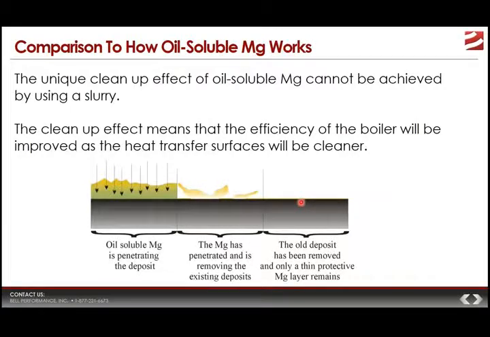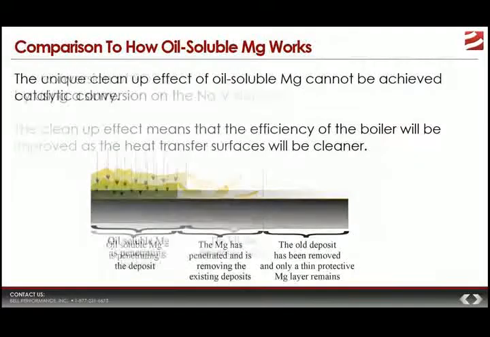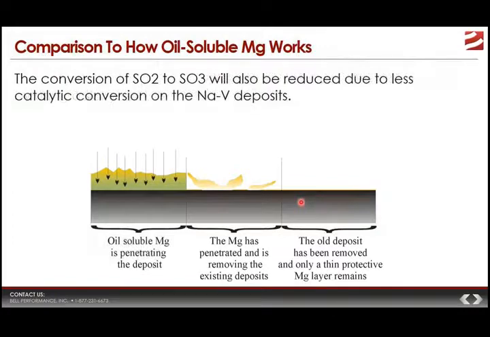And along with this cleanup effect, this means you're going to get better efficiency because your heat transfer surfaces are going to be a lot cleaner with oil-soluble magnesium. Now, another thing that magnesium does is it inhibits the conversion of SO2 to SO3. So if you can reduce the catalytic conversion of SO2 to SO3 when they come in contact with the vanadium deposits, you'll form less SO3, which means you'll form less sulfuric acid, which means you will have less cold end corrosion. And that is also a big deal for